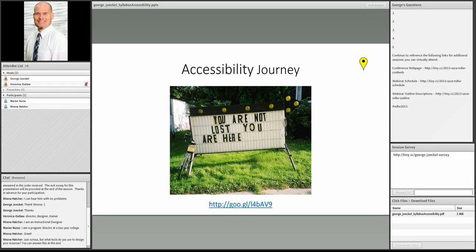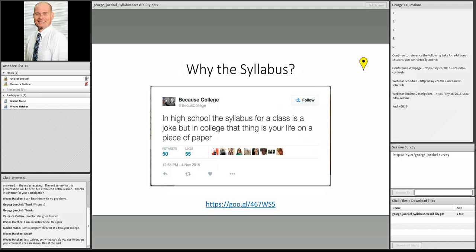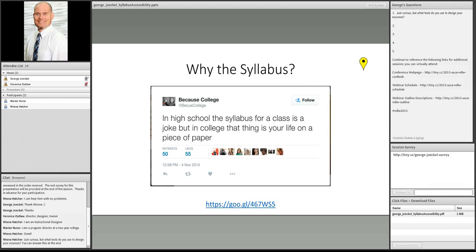And so I think that the syllabus is a great place to start with accessibility. Some of the administrators I've talked to, deans of colleges or department heads, a lot of times they say, well, the syllabus is fine. I need to jump into captioning, or I need to jump into making sure all of our images are tagged with all headings.